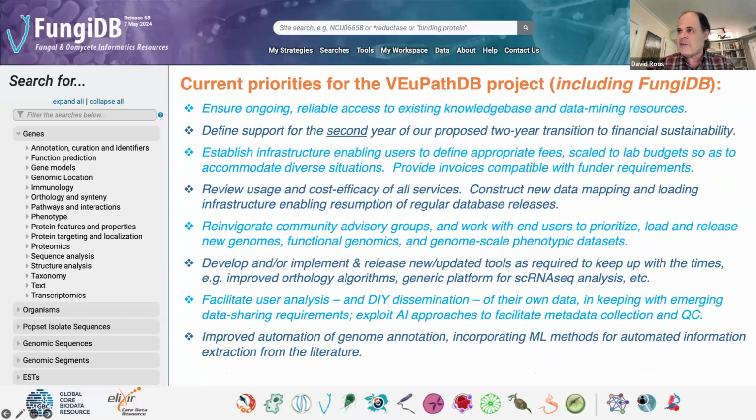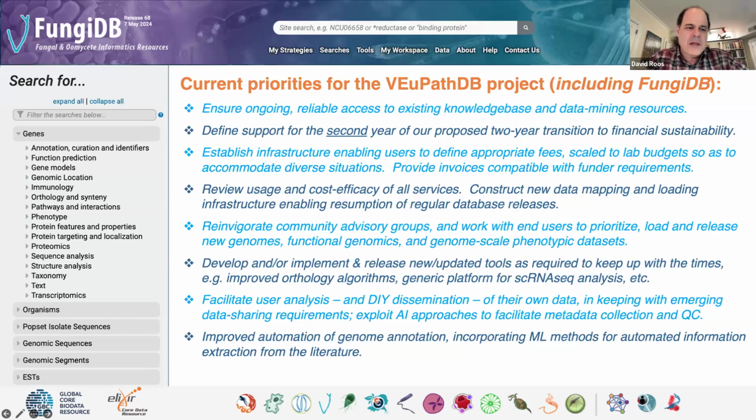That is less than half of our current budget, but I am glad to report that the funders that I've mentioned have stepped up to provide that funding for the first year. We need a second year of funding as well, and we've been speaking with traditional funding agencies such as the Wellcome Trust and the Burroughs Wellcome Fund, and others, as well as those who have provided funding to date. We are optimistic that that will be possible, but no one is going to provide that kind of money